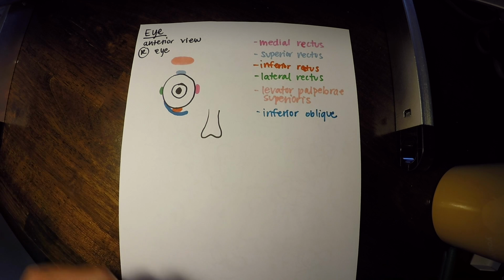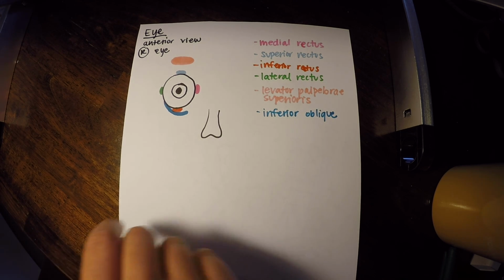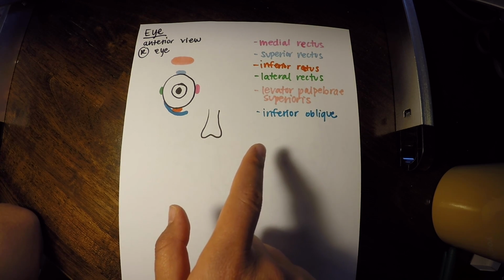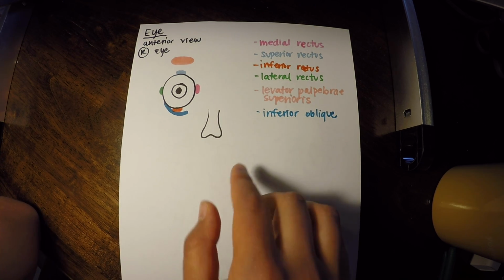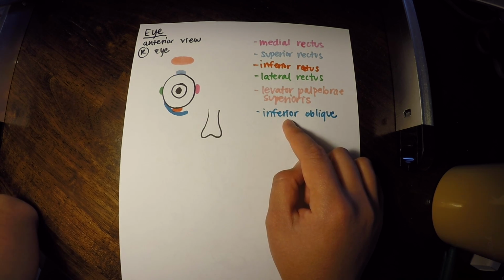Now for that muscle, it's a little more complicated than the rectus muscles that are just in a straight line. As you can see, it's kind of curved and going off towards the side. What it does is the inferior oblique brings the eye up and in. And it's also innervated by the oculomotor cranial nerve, which is cranial nerve number 3. So it's kind of confusing. It's easier if you look at a model and also look at videos in terms of eye motion. But our inferior oblique, again, brings our eye up and in.